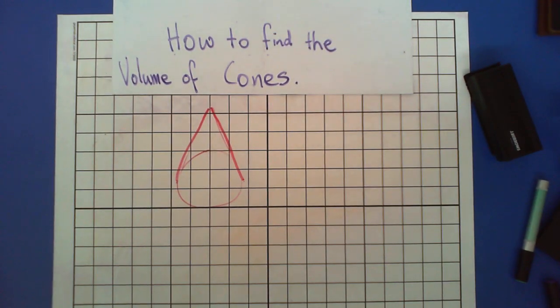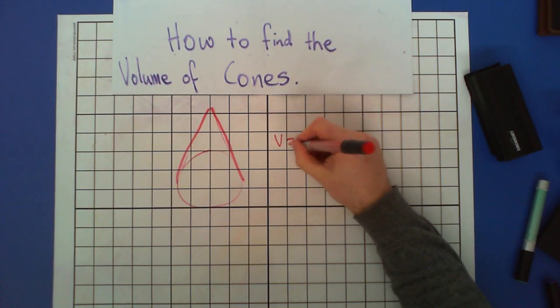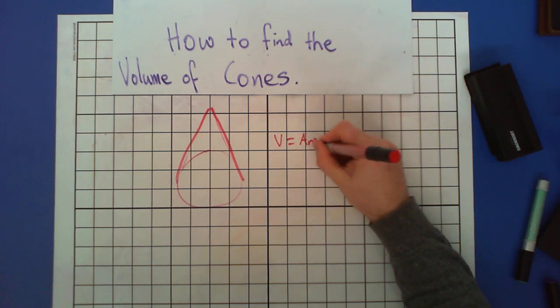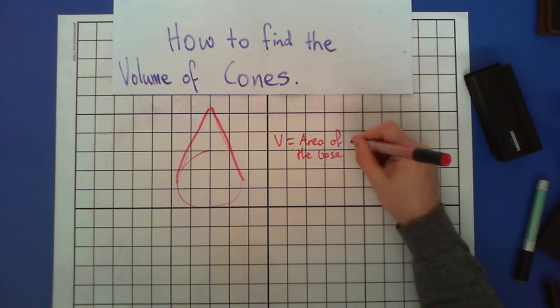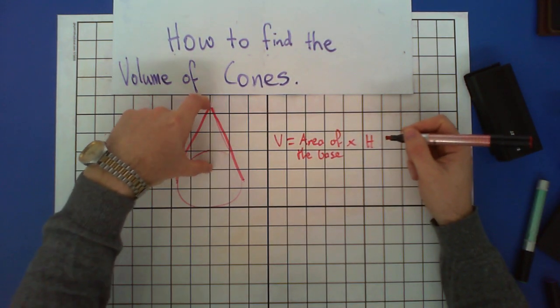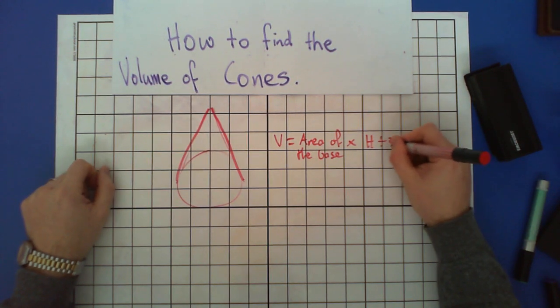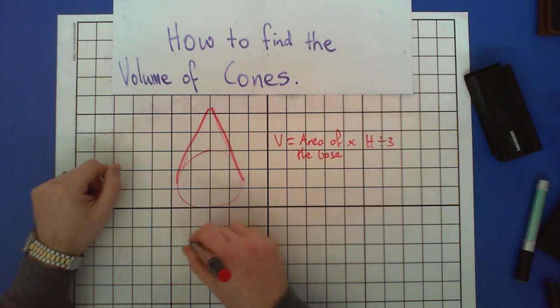If you've seen my video on how to find the volume of pyramids, you'll know that all we need to do to find the volume is find the area of the base, times it by the height of our pyramid, or in this case our height of our cone, and divide it by 3. And again, most of the time when we think of cones, we think of ice cream cones,